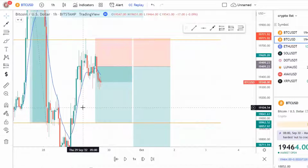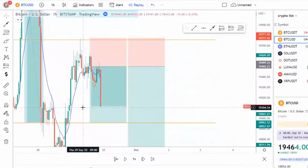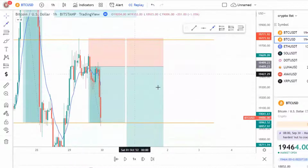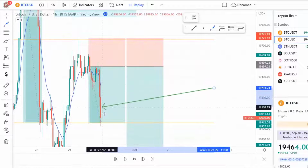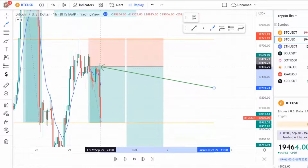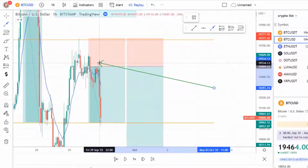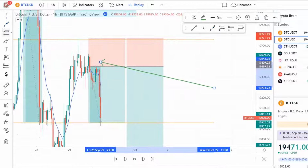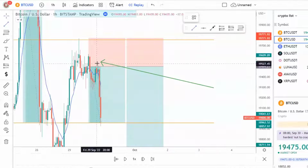So we had quite a fast move to the downside where I got tapped out, obviously, on my 2% trade here. This could have been a potential re-entry for you as well, because it's come up into the exact same area. If I draw out a line right here,